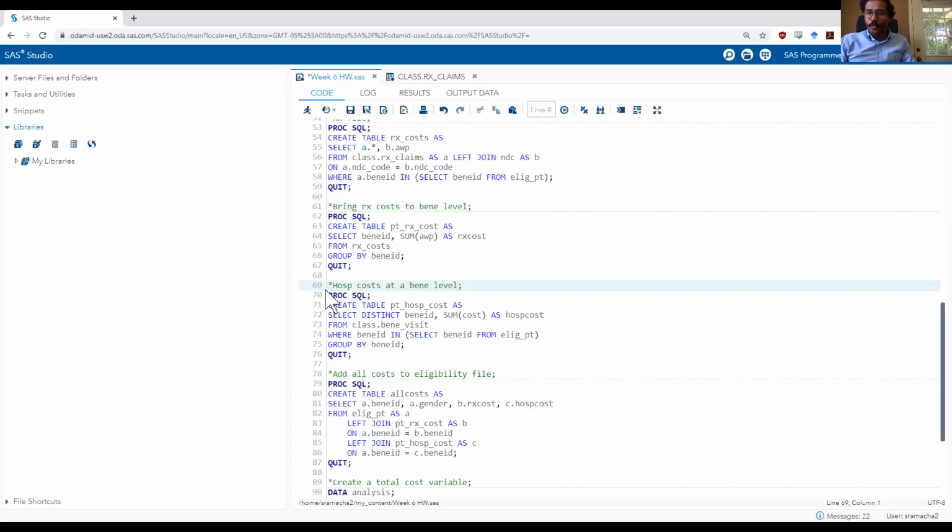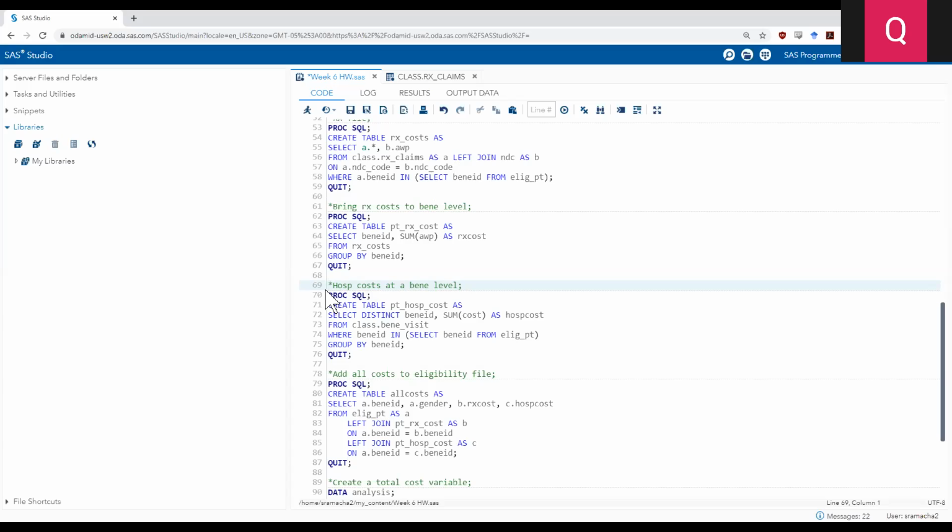Can you tell us what you struggled with when you were doing the hospitalization cost? Yeah, so firstly, I merged RX claims and FAT 690 file by NDC code. Then I realized that in the Bene visit file and the merged file, the file which I just merged, there was nothing common between them.